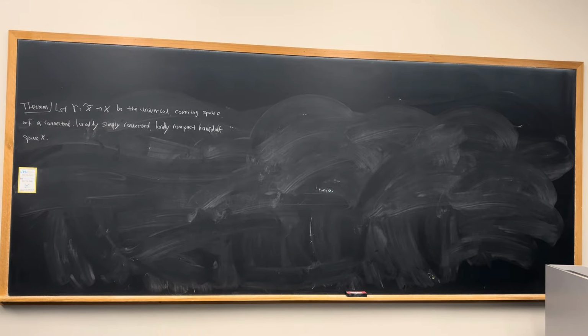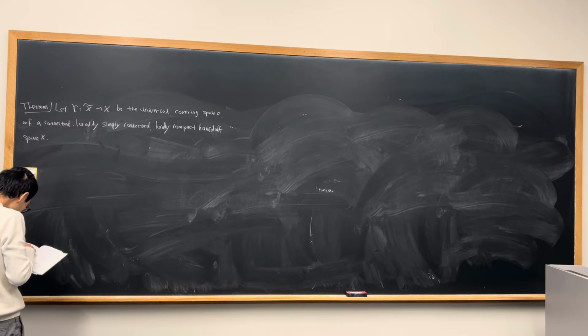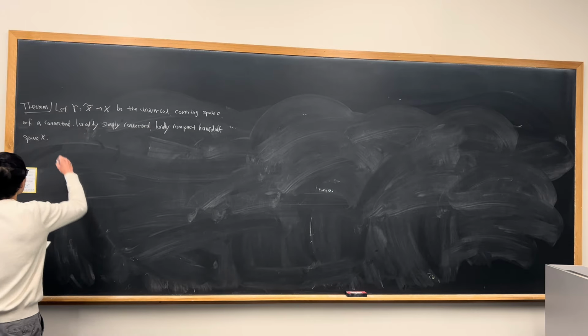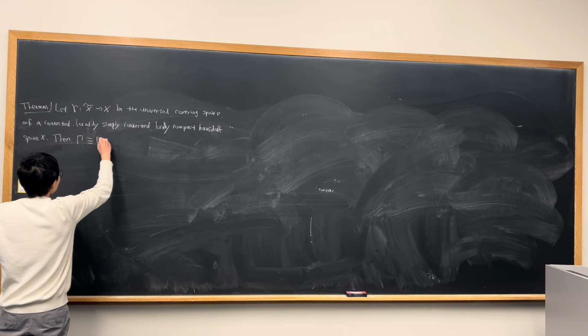We say X is locally simply connected if for every point P in X and every neighborhood U of P, there is a simply connected neighborhood V of P in U. Yeah, sorry, I was wrong earlier. So these are the definitions for locally simply connected and locally compact. And then this big gamma is being defined as the deck transformation